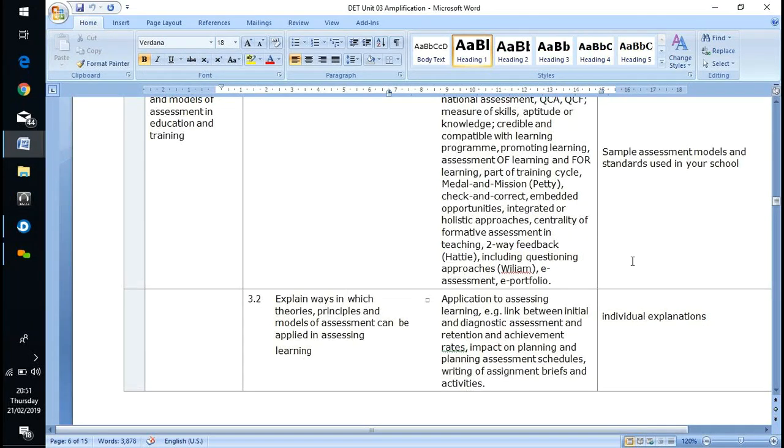Yeah, two-way feedback, and questioning approaches. If you're delivering information, for instance, I used to do this when I was teaching level 3 in business. We'd have an information giving session in the morning, and they were taking notes and doing some work, and in the afternoon we'd have a group discussion, and I'd ask questions, see if